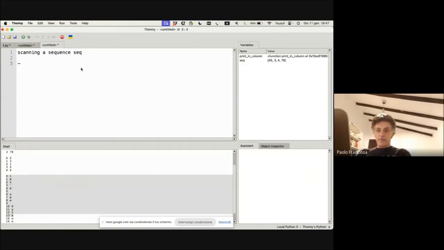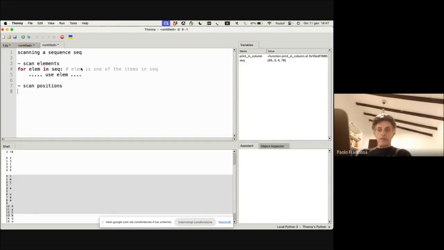Either scan elements, that means write for whatever you like, element in sec, and you use the variable, element. And here, what we know is that element is one of the items in sec. The other way is scanning